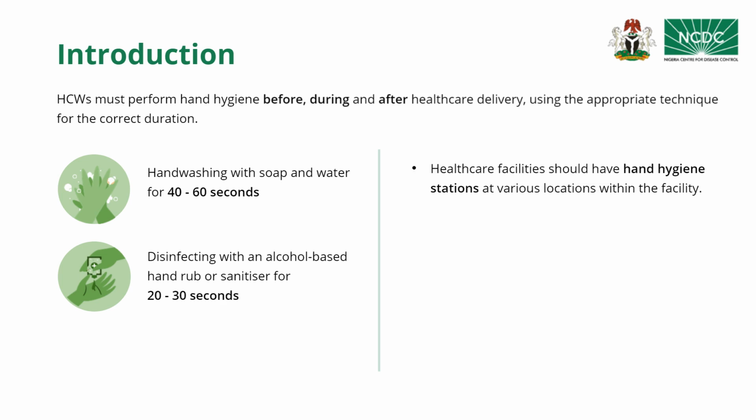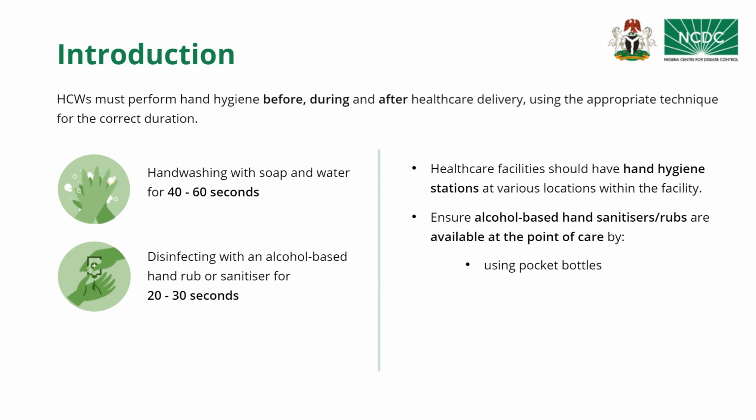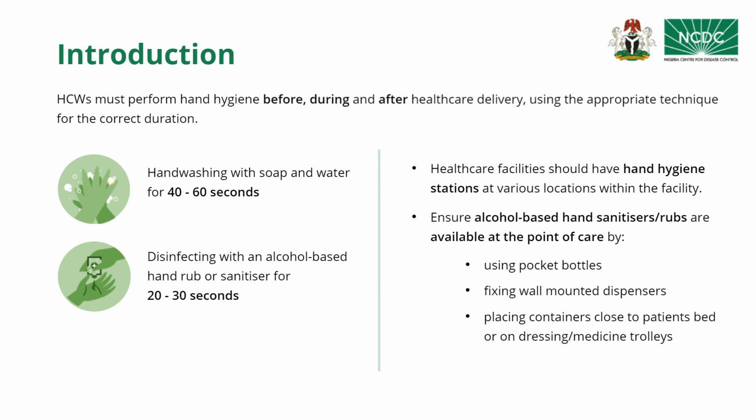All healthcare facilities should have hand hygiene stations at various locations within the facility. Ensuring that alcohol-based hand rubs or sanitizers are available at point of care is easily achievable by using pocket bottles, fixing wall-mounted dispensers, and placing containers close to patient's bed, or dressing or medicine trolleys that are taken into the